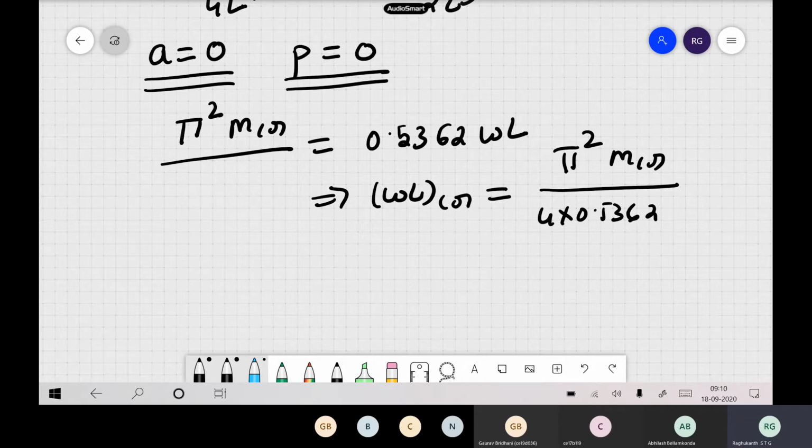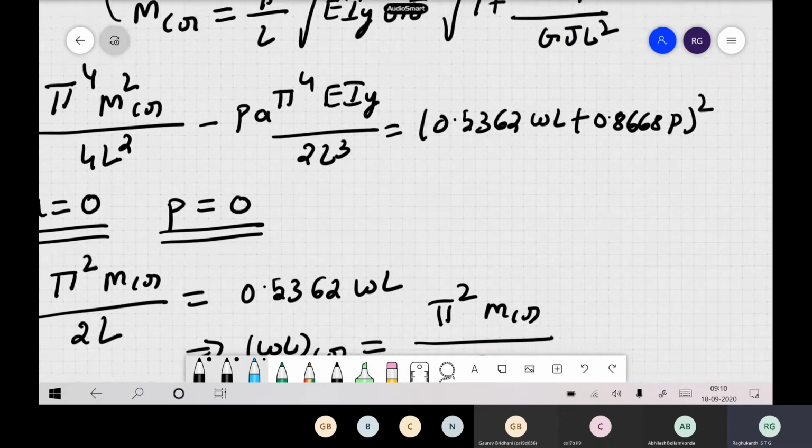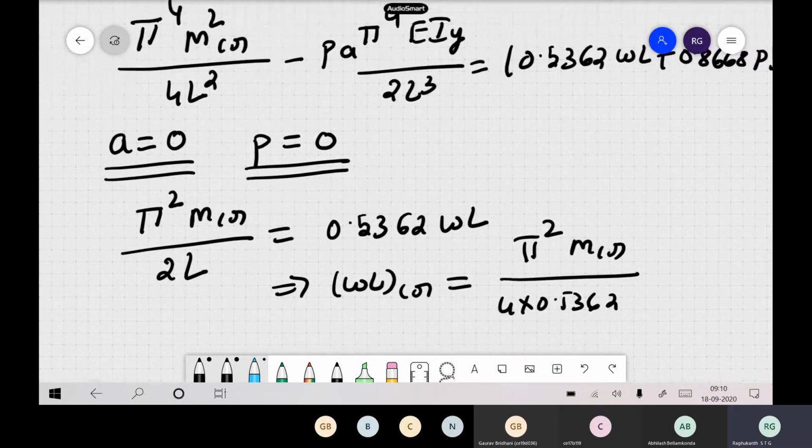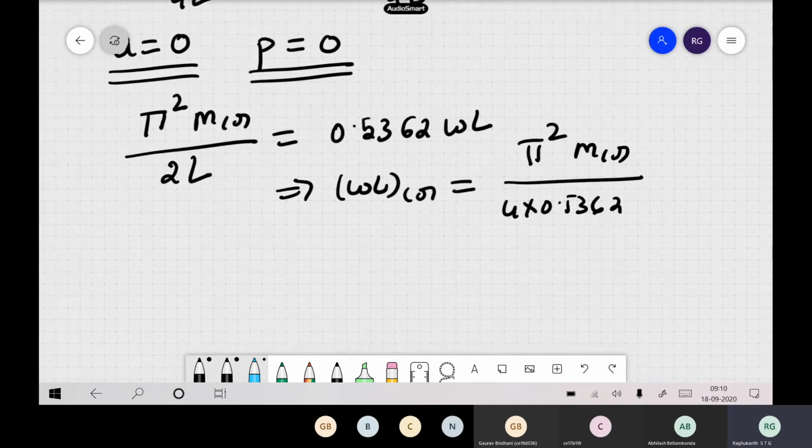No, so I think A is equal to 0, and if you do this one, so 2 times L. Okay, so I think I made a mistake here. So now, when p is equal to 0, you will get an equation like this, because that square is going, so here you have a square term. So you have to take the square root on both sides. You will get 2 times the L itself. Okay. And pi to the power of 4 is that, so pi square MCR.